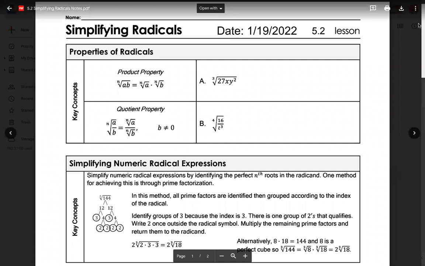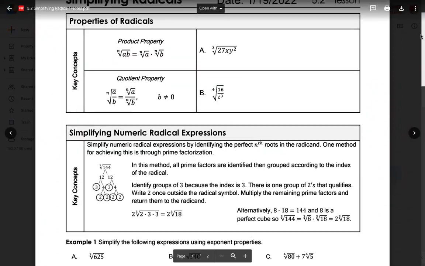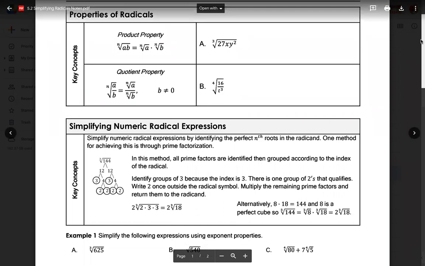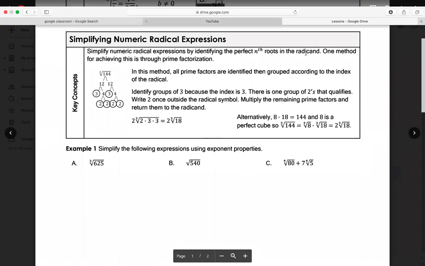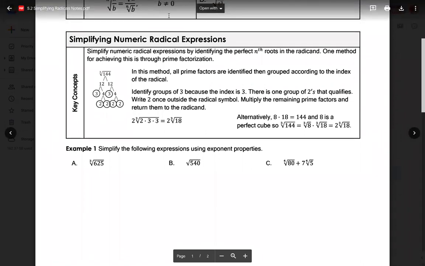Trying to get you guys caught up on some simplifying radicals. Basically, what I'm going to do is use one video, but break it down into 2 days, kind of how we're going to do it in class. Really, what we're going to focus on the first day of class is this prime factorization